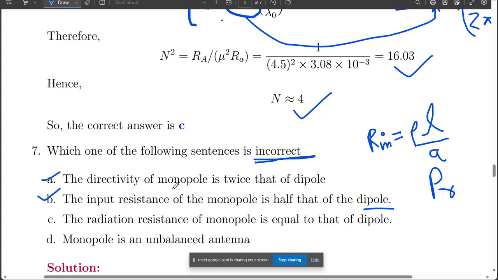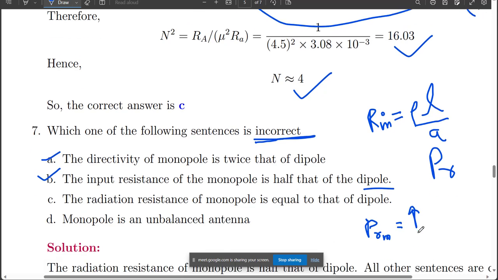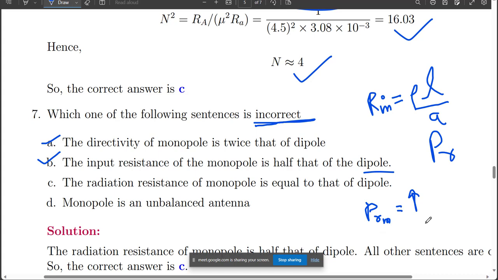Okay. Now, next option. The radiation resistance of monopole is equal to that of dipole. Is this statement correct or is it wrong? We know that the power radiated P_R of the monopole is twice, right? If it is twice, then it is equal to half of